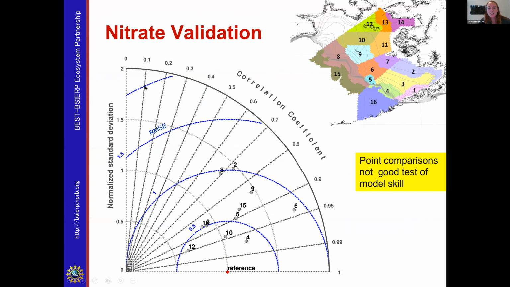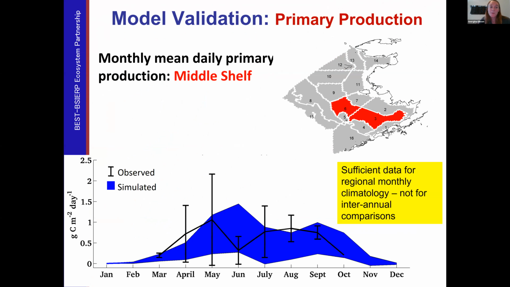This is a standard Taylor diagram showing you the correlation. Most of the data and observations are correlated reasonably well, and then there's a little bit of a bias in the nitrate. But that's as far as we felt that we could take the comparisons at this point because of the amount of data that was or was not available. And I'm imagining that the situation is going to be even more exaggerated in the Arctic.